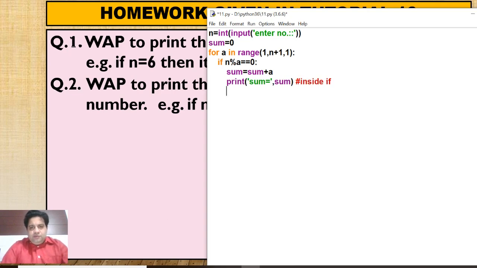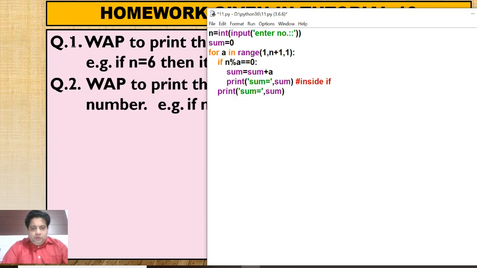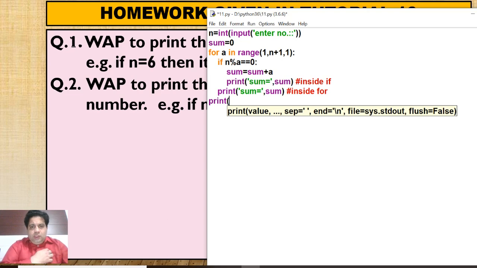Inside if, or outside if, which means inside for, and the next option can be outside for.